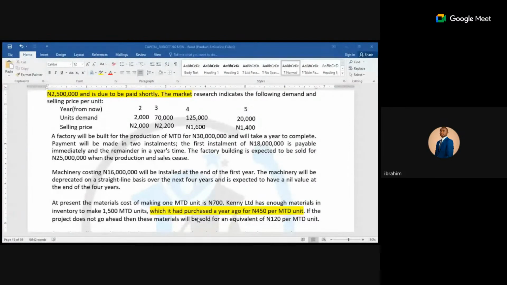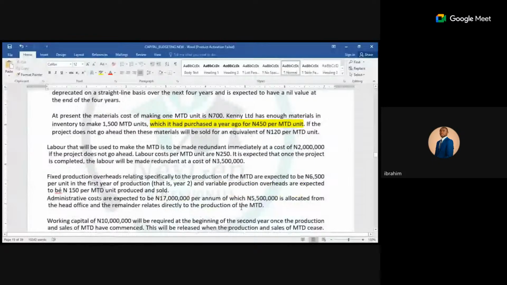Class, if they are producing that product, MTD, they will incur it in theory. They say in the first year, in year 2, meaning that as far as they are producing that product, that fixed cost that they have in year 2 continues like that until they say they will not produce MTD again, because it is specifically for the production. Do you understand? So it's part of what you need to take notes of. I understand. Okay, thank you.